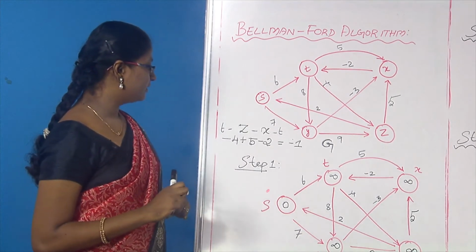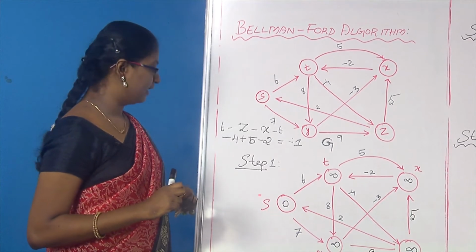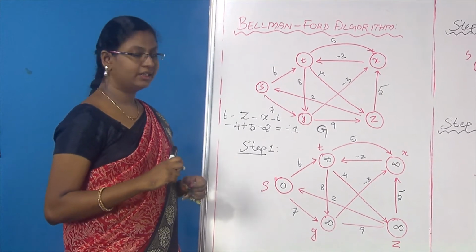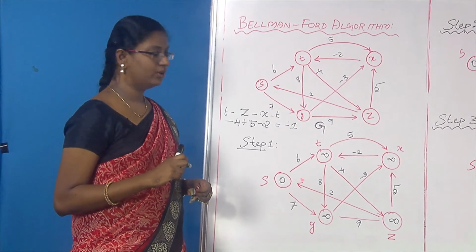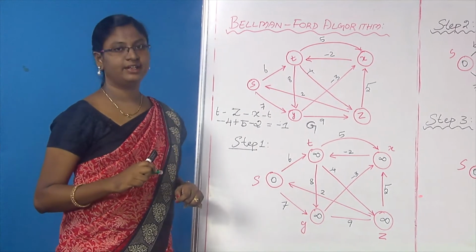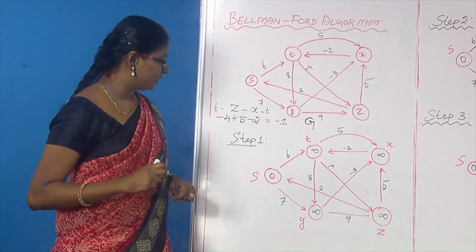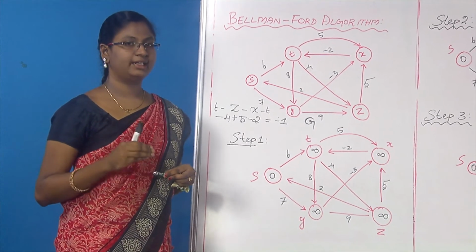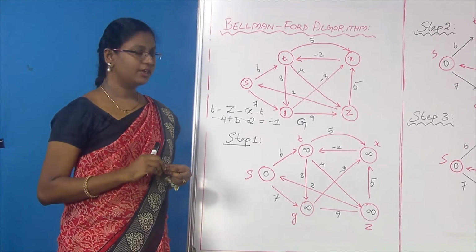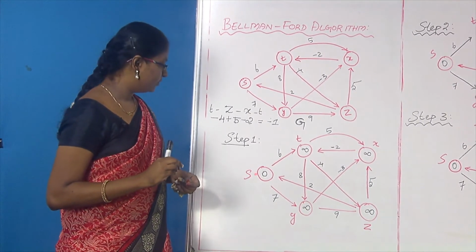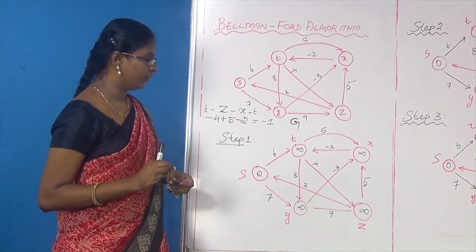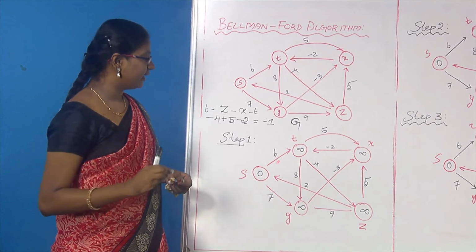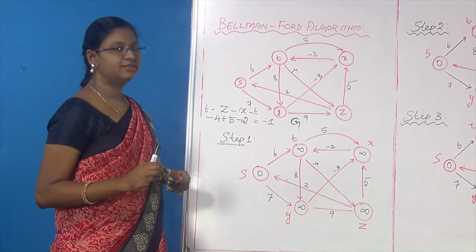Okay, so consider this. Here I have fixed my S. The first step is I have to assign the weight, that is the distance, to the fixed vertex as 0 and all other distances as infinity. Here I assign the distance 0 because from S to S there is no loop. I considered only a simple weighted directed graph. So, of course, the distance should be 0. Here I have assigned the distance to be 0 and all other distances to be infinity, and I have drawn the same graph with the same weights. This is our first step.